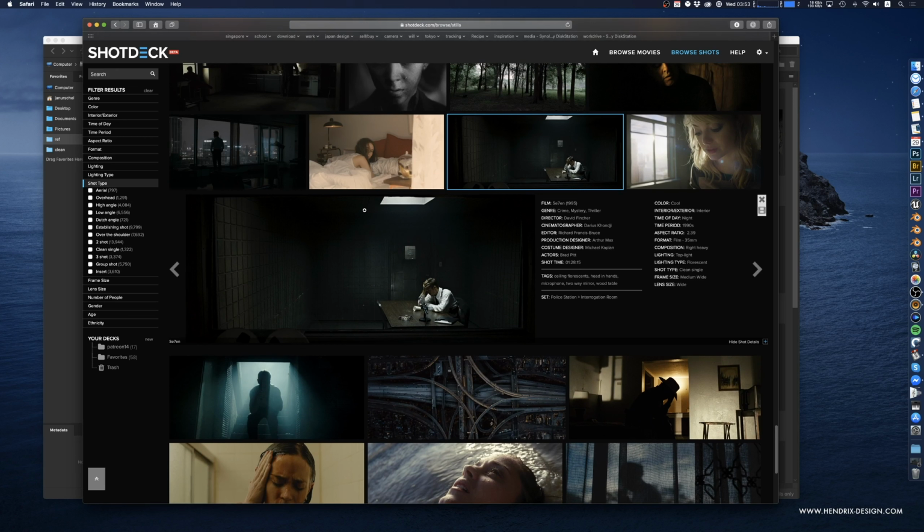This looks just fantastic in terms of color grading and everything. So we want to find good images based on the color grade, the lighting, the kind of shot used. And here you can actually see what has been used, which lens. I have no idea how they found that out. Frame size, lens size. So you have all this information, which really helps you to try to emulate that mood